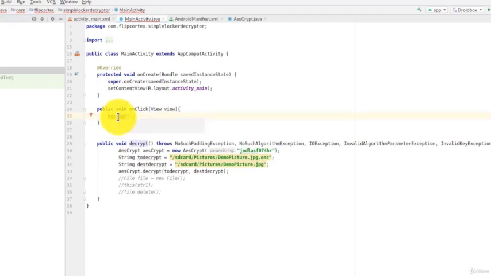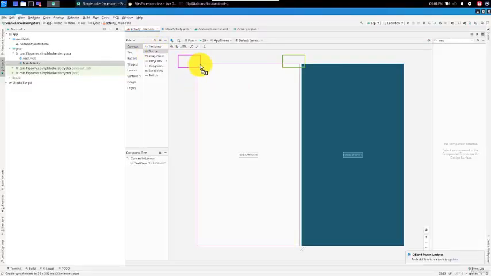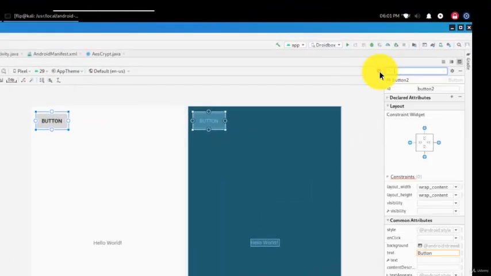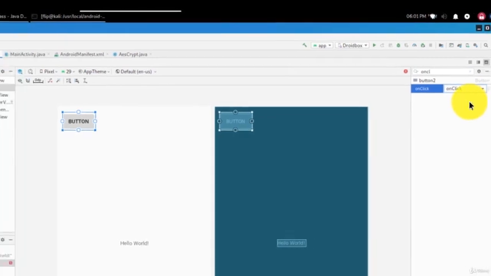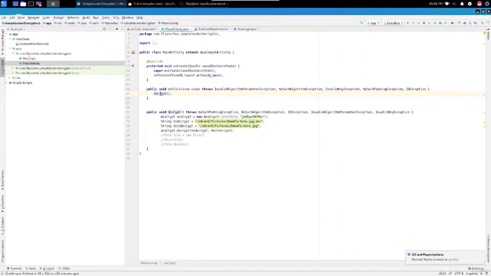Now in our user interface, we're going to drop a button. There we go. No need to fix the position. But we do need to add the event listener. Over here on click, we're going to tell it to call the method onClick. That should be it. Let's have a look.